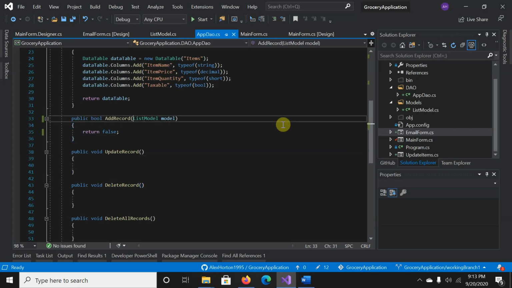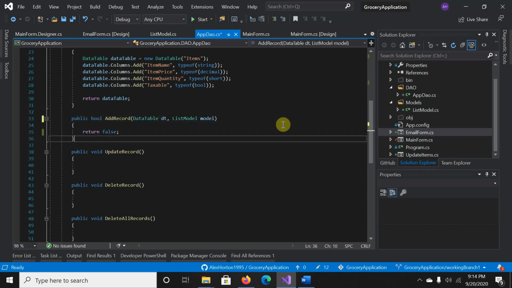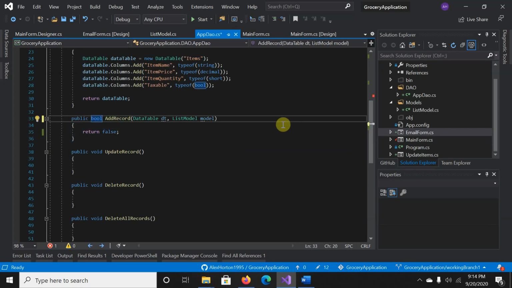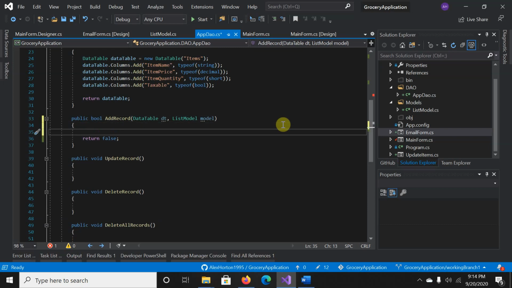So what we're going to do is pass in our data table, DT. And then for the data table, we're going to say rows, add. We'll actually do it this way. We need to create a new